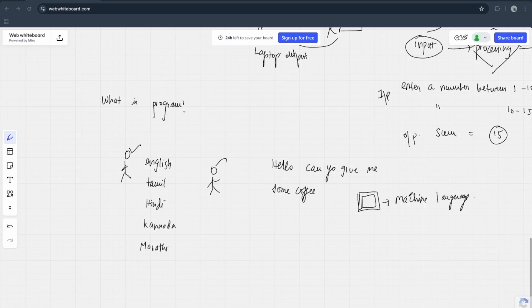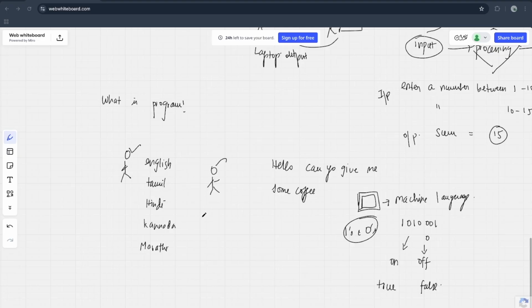So machine language means everything is 10100001. You may think of them as on or off. 1 means on, 0 means off. I can represent them as true or false. So it goes like this. Computers are going to understand digital signals, that is a combination of ones and zeros. So programming languages exist because we need to communicate with the computer using a programming language.